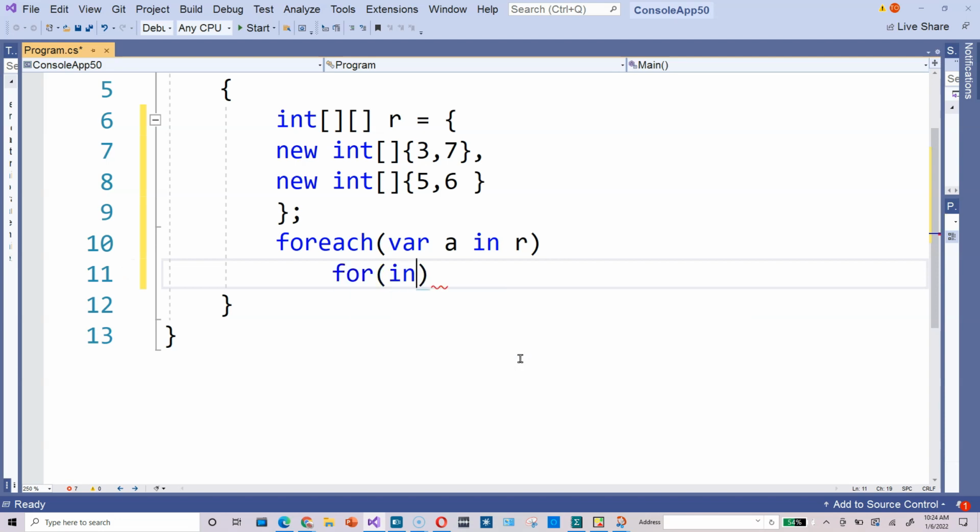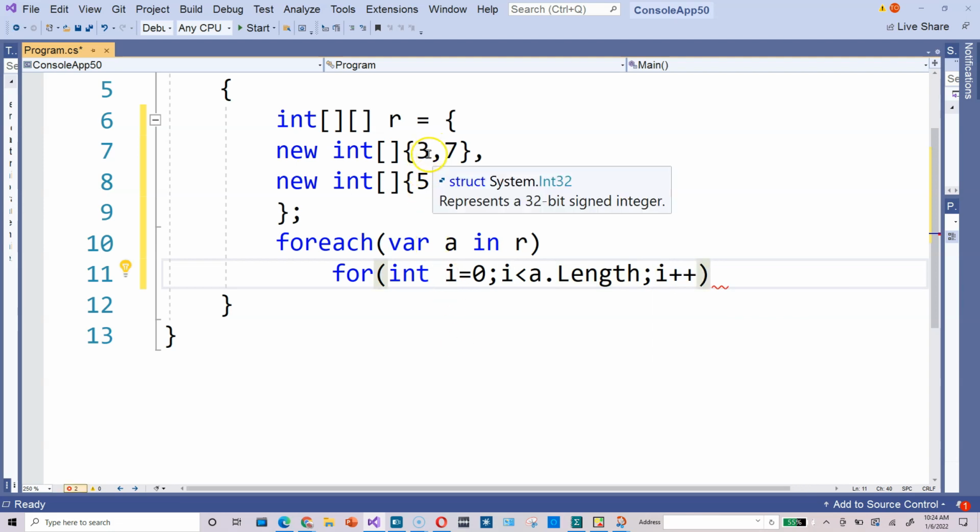So it's going to be this, in other words. For, and then int i is equal to 0. So why am I typing here 0? Because for the first array, the 3 is at index 0 and the 7 is at index 1. This inner array right here, on the line of the cursor, is just a length 2 array. So you can type something like a.Length to get the length of this object. And then you can type i is less than a.Length, not equal to, remember. I've talked about that in previous videos on this channel. And then i plus plus, because we want to step from index 0 where the 3 is to index 1